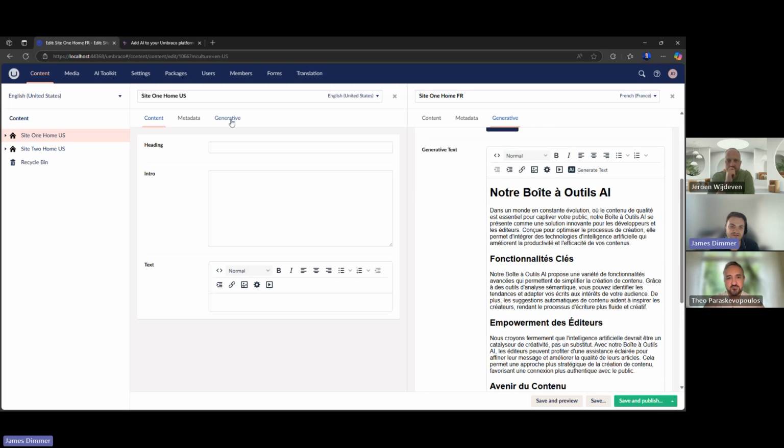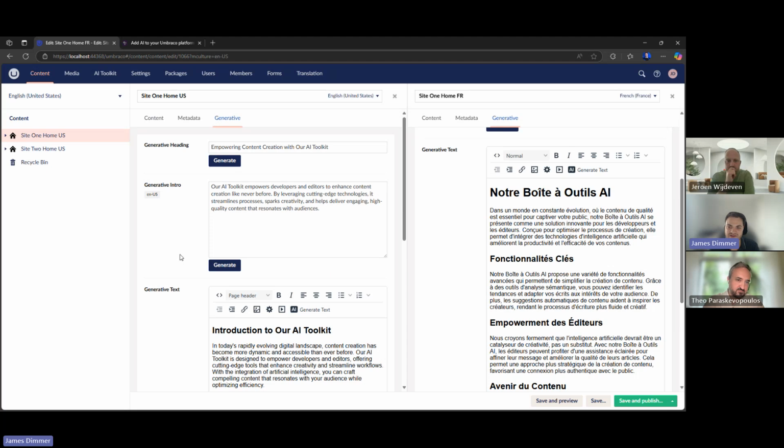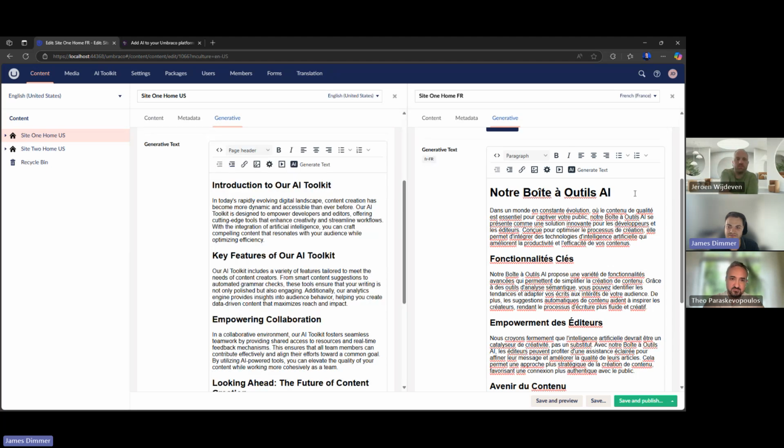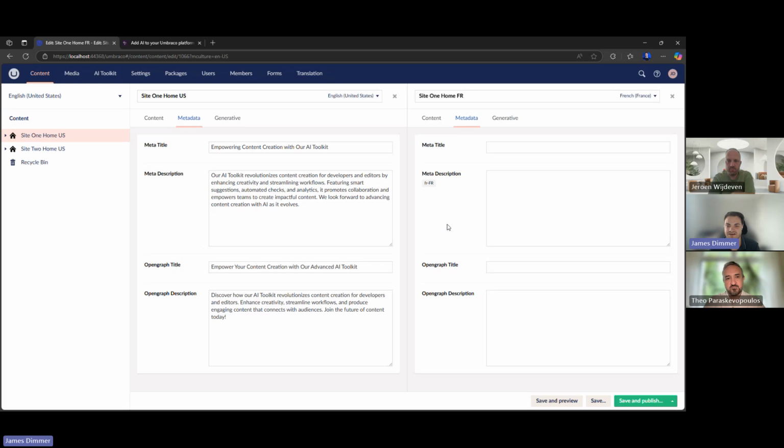It looks like the HTML is going to take slightly longer this time, but we actually have a slight difference here. If I go to our generative tab, we have a larger heading at the top than the others. That is purely down to the model at the time of generating, and that's why we throw it into the rich text and allow the editor to change it around. Now, the next step is the meta.